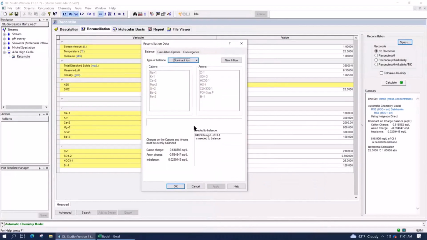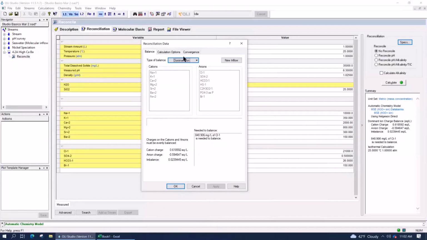You can see here at the bottom of the window, it says, okay, right now there's a charge imbalance of about 24 milliequivalents, meaning that I added too many ions of cation and not enough ions of anion. Right? So I need to add essentially 23 milliequivalents of anion to the system. And since chloride is my dominant ion, that is equivalent to adding 849 milligrams per liter of additional chloride.